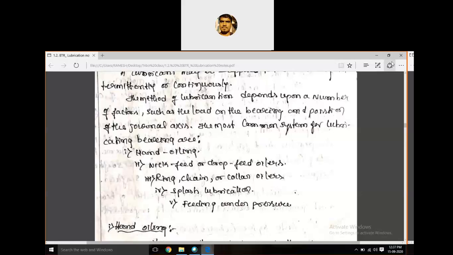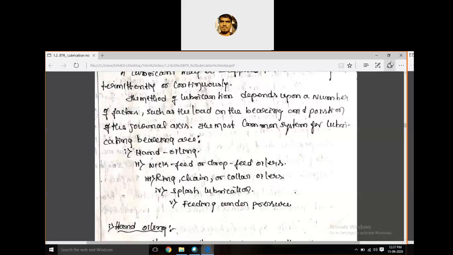Generally, this type provides only thin film lubrication or boundary lubrication. What is meant by boundary lubrication or thick or thin film, we will discuss in the next class. Here, the coefficient of friction is rather high and uncertain. This lubrication can be used for bearings having relatively light operating conditions. That is most important: only light loading conditions can we use this type of lubrication system.